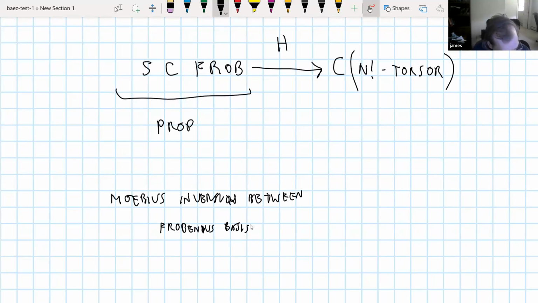And the other one is what I'm calling the Hecke basis. The Hecke basis is really adapted in some way to this idea that we have a prop homomorphism here, because the Hecke basis consists of these elements that I'm calling the Hecke tensors, which are like a tensor analog of the Hecke operators. You can think of an operator as a 1, 1 tensor, and so a Hecke operator is an example of a Hecke tensor.